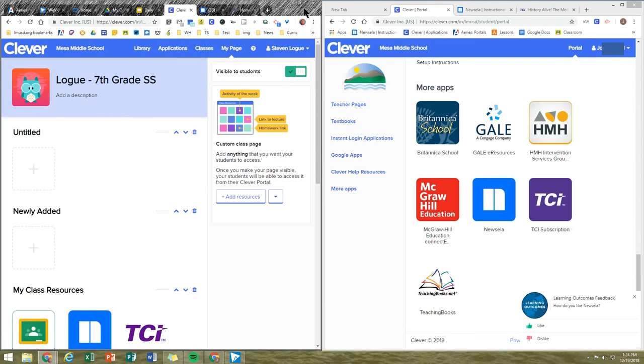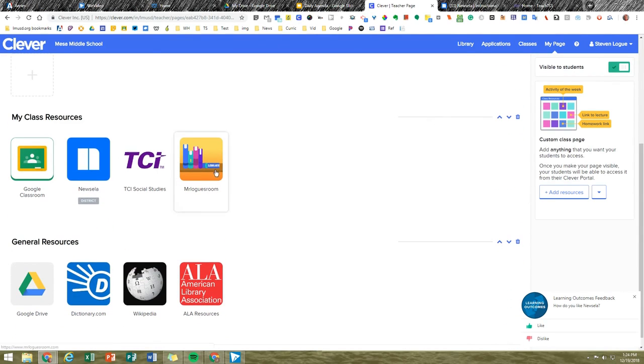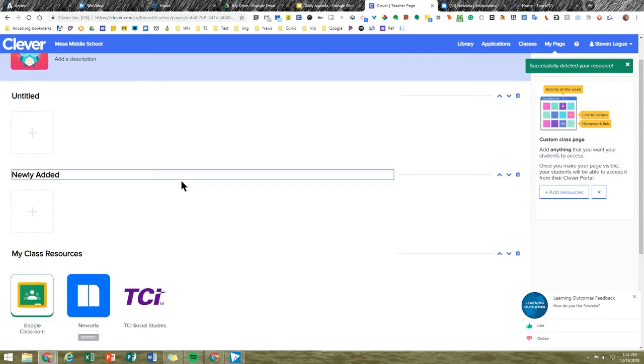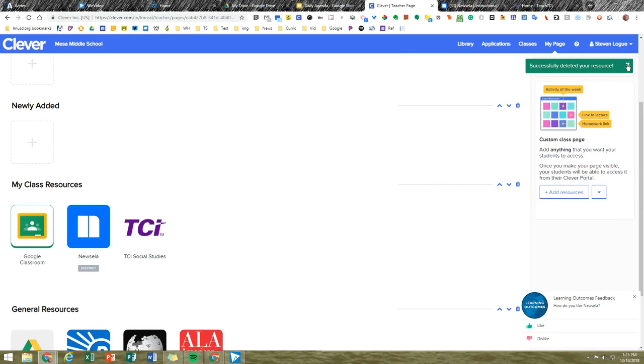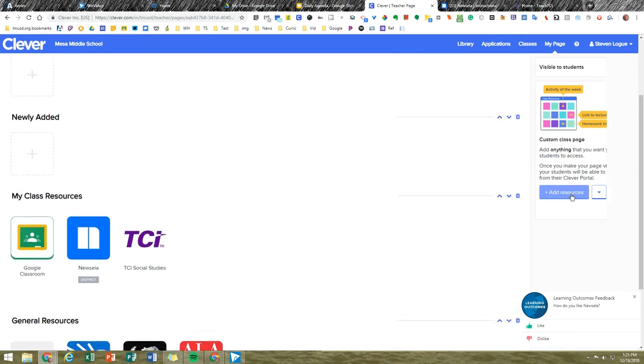And what my page is for my class, I can customize those icons. I can customize those one-click icons to get to different things. I'm actually going to delete this one really quick and show you how I did that. So for instance, there's several resources in Newzilla that you can add. And so if I want to add a resource for the kids to see, I click add a resource and